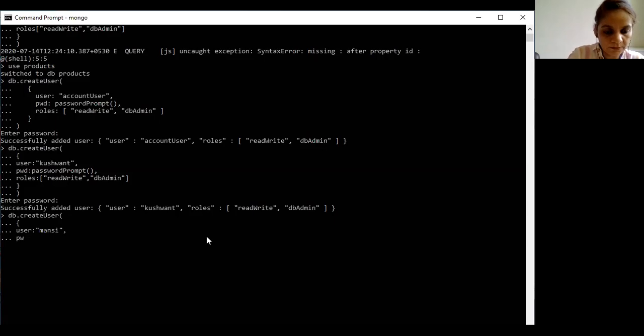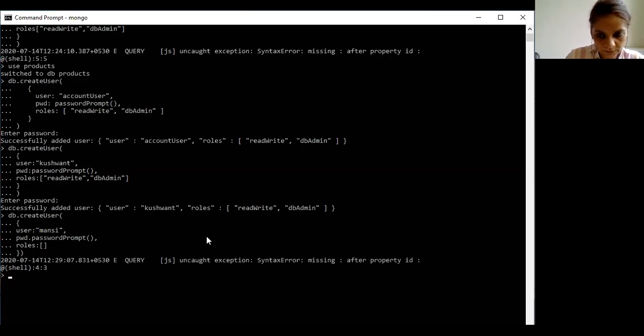After this, pwd, passwordPrompt, then roles. I don't want to give any roles, so I have not defined the roles. I will keep it blank.